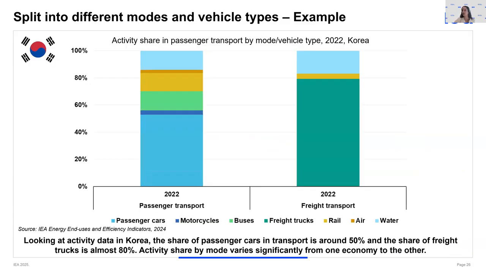But also, it's important to differentiate between passengers and freight, which is how much is consumed by cars and also by trucks. For instance, the share of passenger cars in Korea is around 50%, but for freight trucks, it's almost 80%. So looking at the activity data can help us to explain variations in energy consumption patterns, efficiency, driving habits,